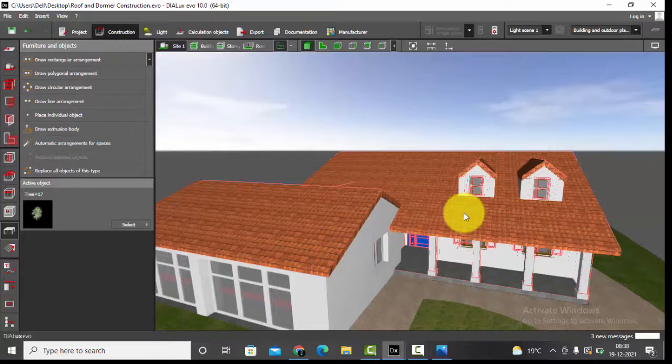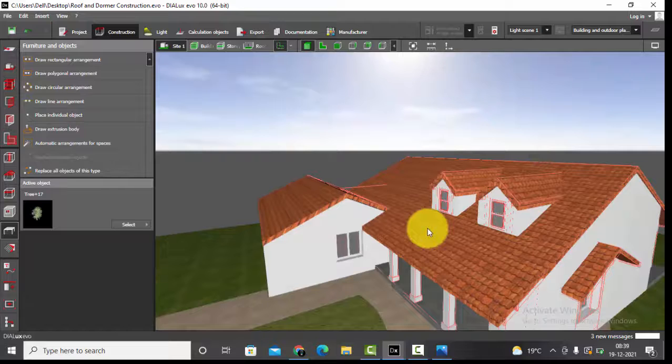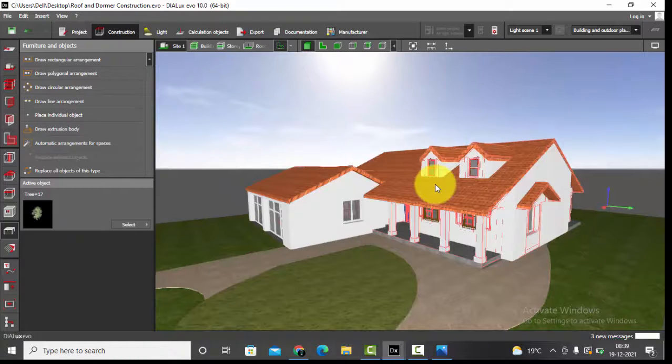It's quite simple if you divide it in sections. Make use of double pitch roof, single pitch roof. Make sure you're drawing the inner and outer contours properly and study the AutoCAD drawings. Study the details of roof pitch, roof structure, so that you can make the accurate construction without any missing parts or any extended cutouts. So guys, this is it in this video.